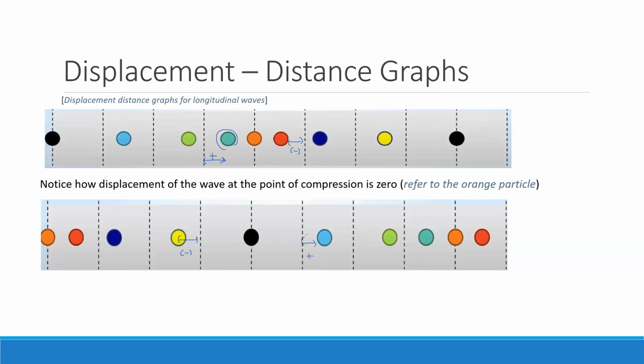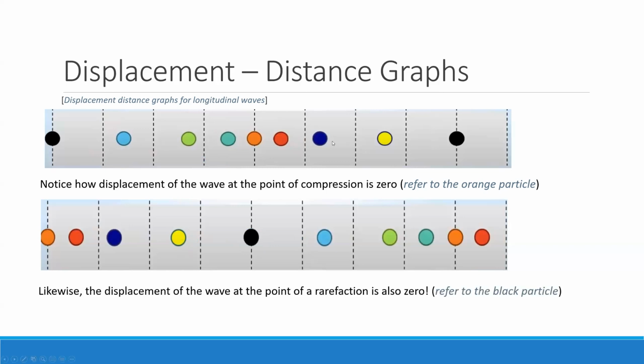And this is important, and this must be the case. Otherwise, how are you going to have a region of low pressure where the particles are far apart? For it to be far apart, the one to the right must be positive and the one to the left must be negative. Otherwise, you wouldn't get a rarefaction. So this is very, very important, and they do test you on this all the time.